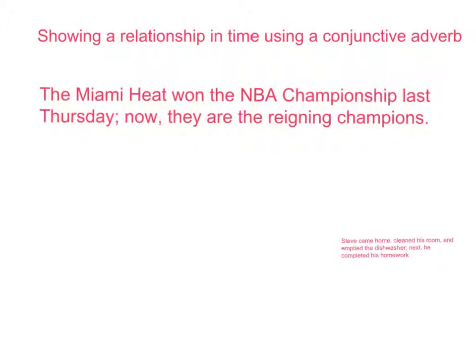Now we will show how using a conjunctive adverb can help show a relationship in time. If we look at our first example, we have the sentence, the Miami Heat won the NBA championship last Thursday. Now they are the reigning champions. Our first complete sentence, the Miami Heat won the NBA championship last night, is the beginning of our sentence. We combine the next sentence by using a semicolon. We add our conjunctive adverb now, and then we put a comma after the conjunctive adverb and finish the sentence with, they are the reigning champions. This is showing that because the Miami Heat won the NBA championship, they are now, at this present time, the